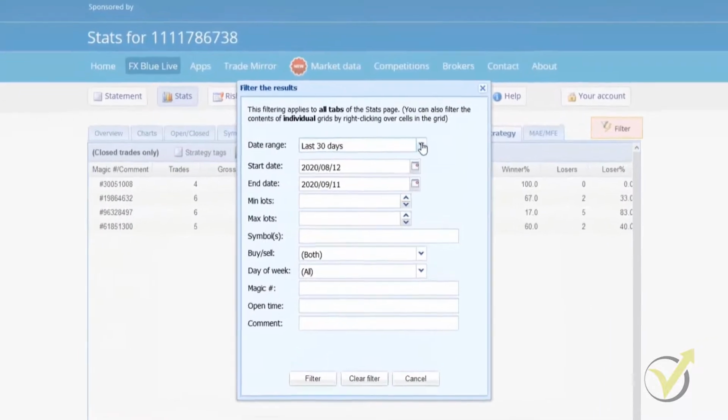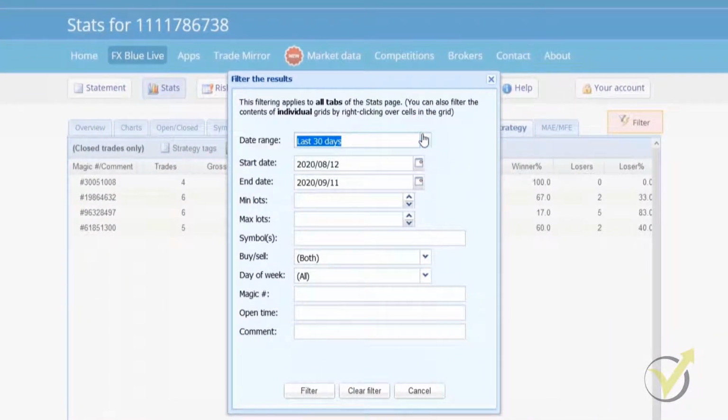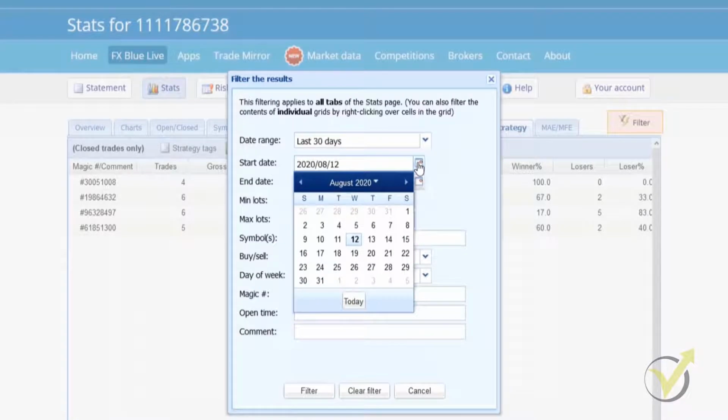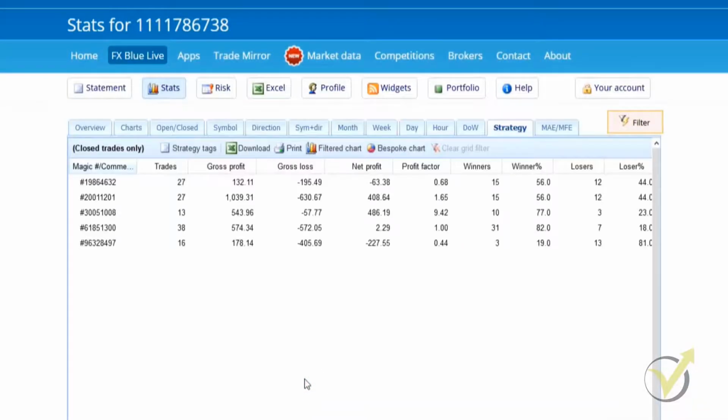Filter. Now guys, just on this note, as I mentioned to you earlier, it's obviously not always possible to go back 30 days because some of the expert advisors haven't been running for 30 days. So what you would do here is you would just do a custom filter, so your start date and your end date. So in this case, I am going to do the last 30 days. Click filter. Once again, net profit to get the top net profit at the top of my chart, or sorry, at the top of this online spreadsheet, if you want to call it that.